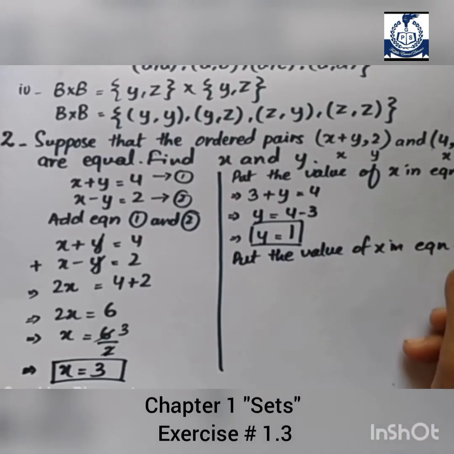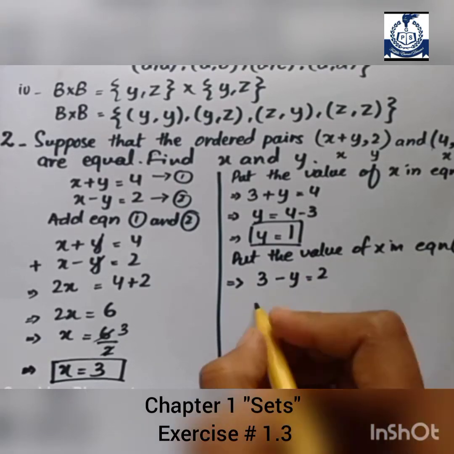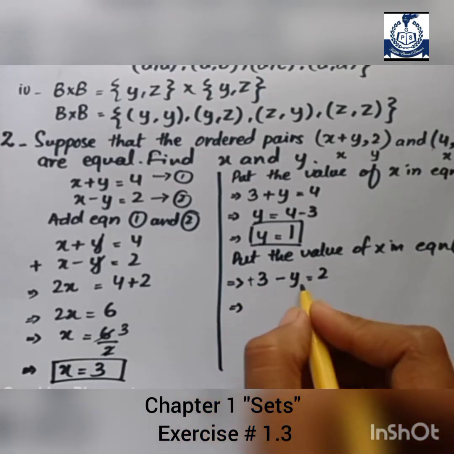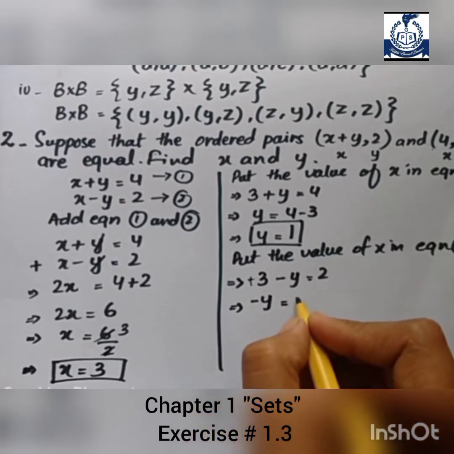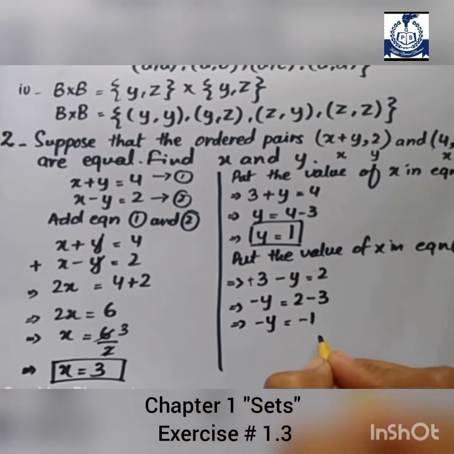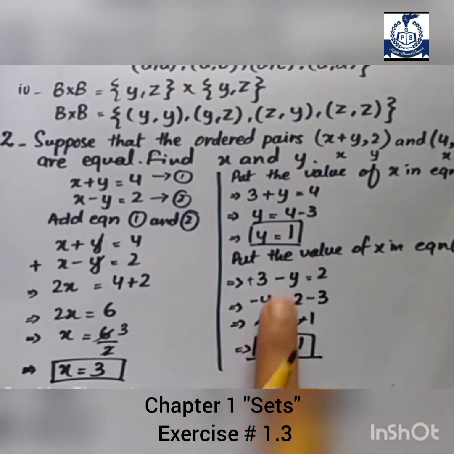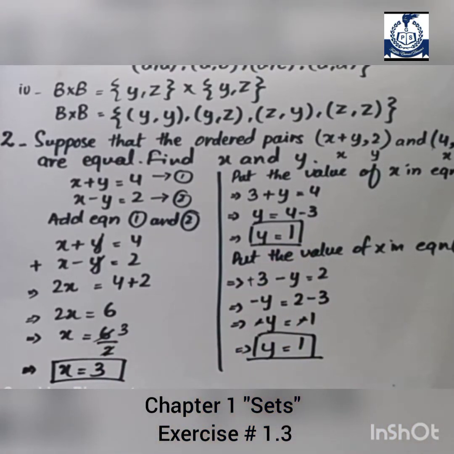Put the value of x in equation 2. हम equation 2 में भी put करके देख लेते हैं. 3 minus y is equal to 2. 3 यहाँ पर positive है और y negative. So minus y is equal to 2 minus 3. Minus y is equal to minus 1. Minus and minus cancel out, so y is equal to 1. If you put the value of x in equation 1 or either in equation 2, so we get the same